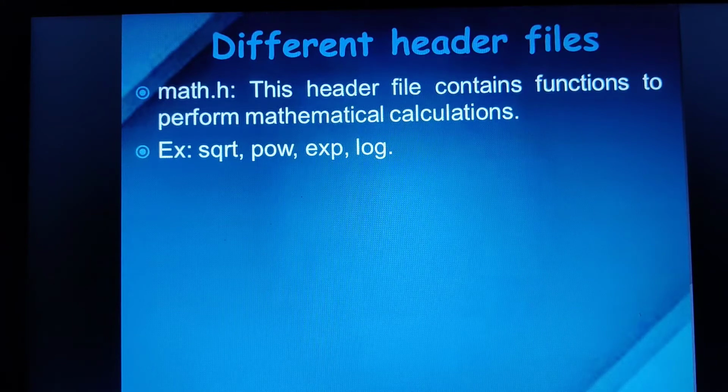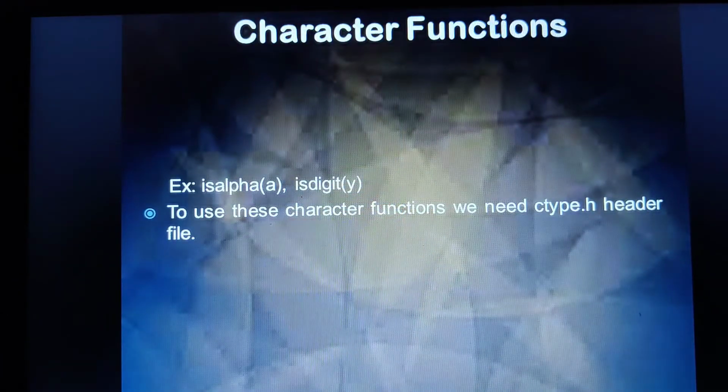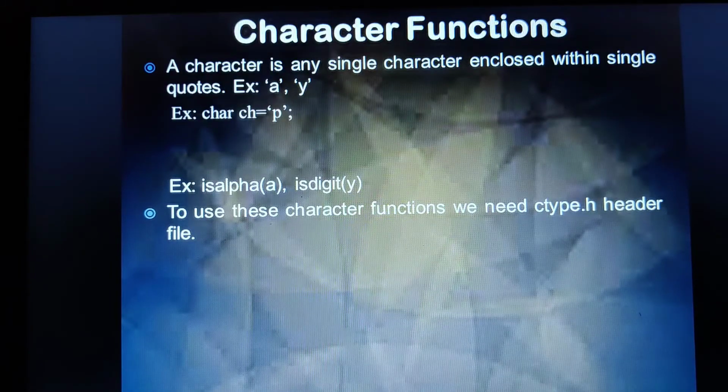A character is a single character which is enclosed in single quotes. Any character which is enclosed within single quotes, we refer to as a character constant. Whatever character we give, that character will have an integer value called an ASCII value. Whatever we are passing as an argument will be used by its ASCII code. Now look at this: A is a character constant, or you can say it is a character.